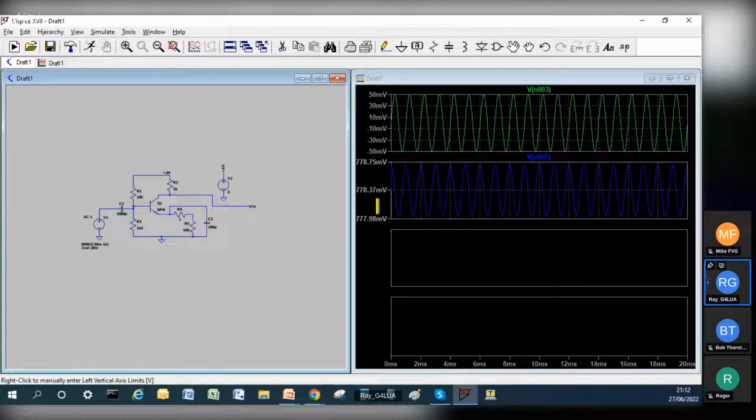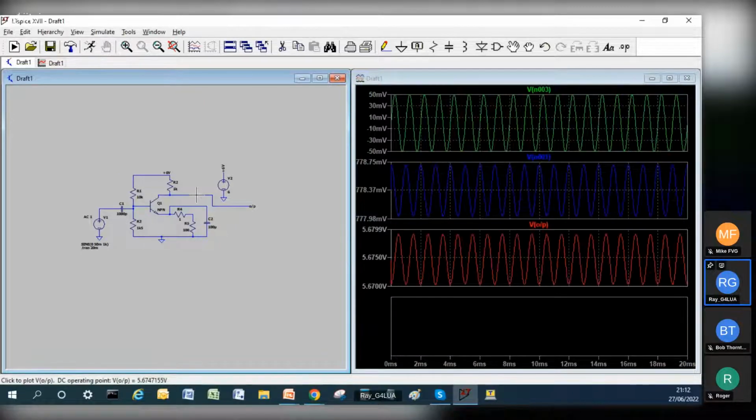So if I go into that one and probe on there, oh, okay, that's worked better than I expected. I was expecting that to be distorted, so I've obviously chosen the wrong value for that resistor network. I mean, they were completely off the top of my head. So, okay, what I expected to happen is,